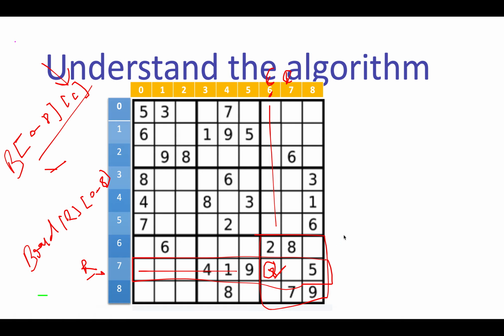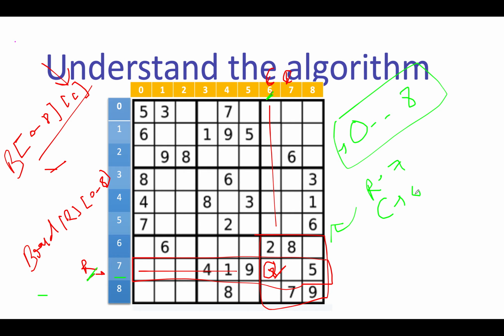For checking the violation in this particular submatrix, let me ask you a very simple question. How many elements are there in this submatrix? There are 9 elements. So you'll start from count 0 up till count 8, because there are 9 elements in total. And using this information, we will try and identify each of these numbers. So let's check what is the row value. The row value given to us is R, which is 7, and the column value given to us is C, which is 6. So R is 7 and C is 6.